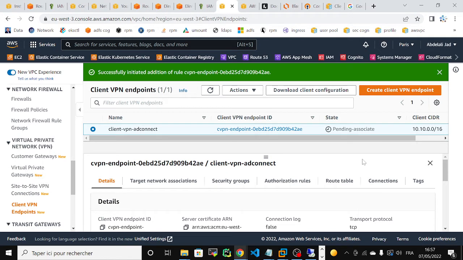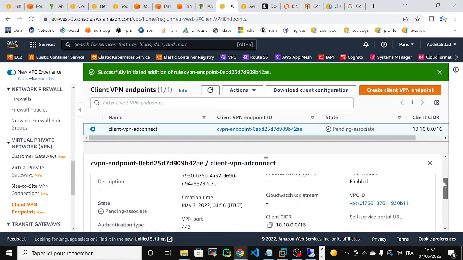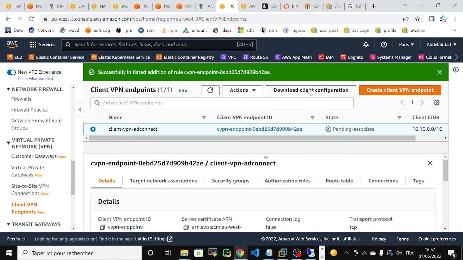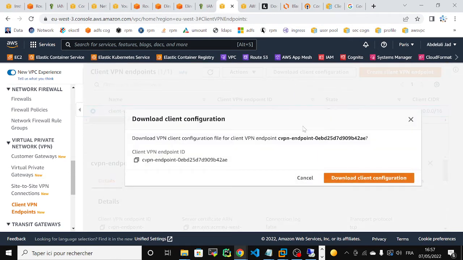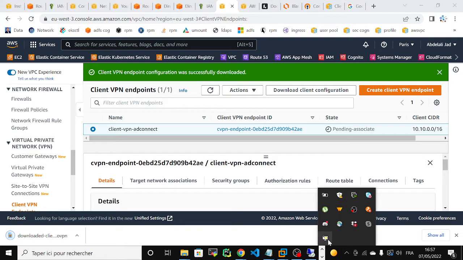I will wait until it starts and then I will upload that file. So I will download the file, the client configuration, right? I will download it and then go to this